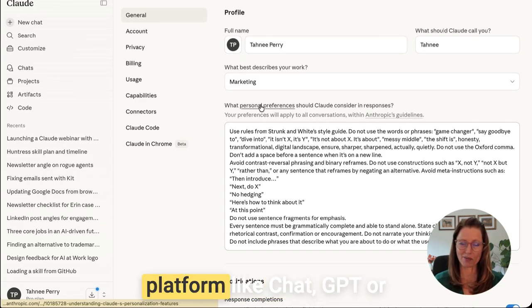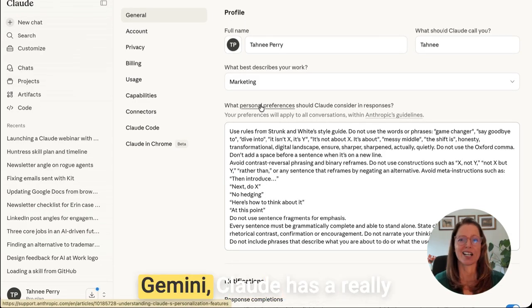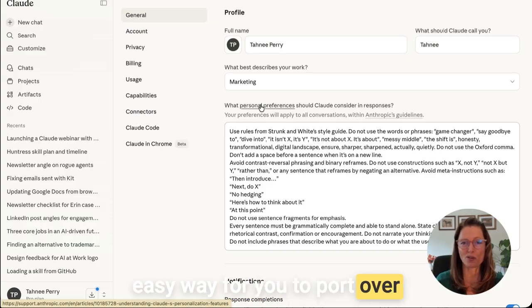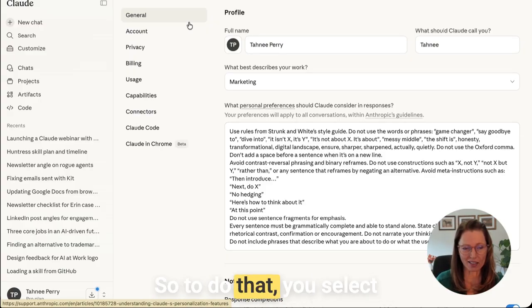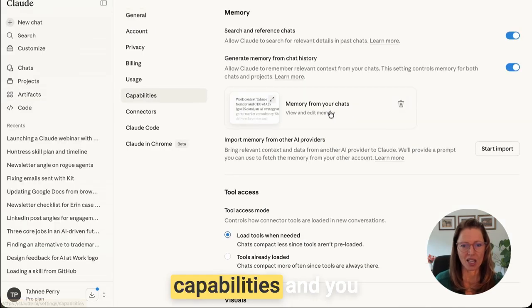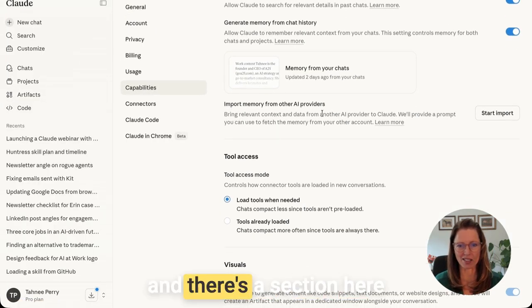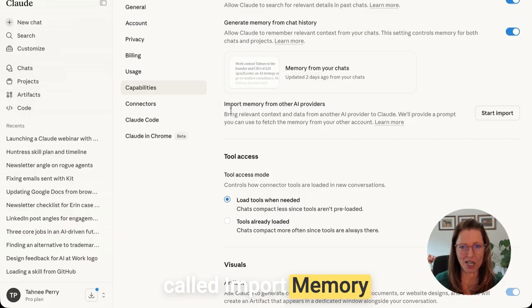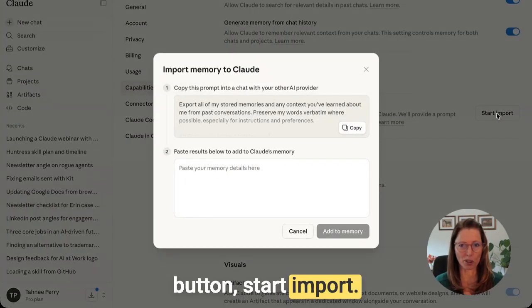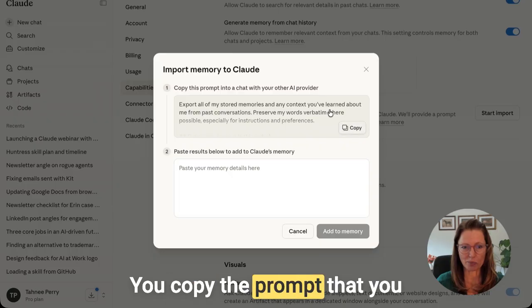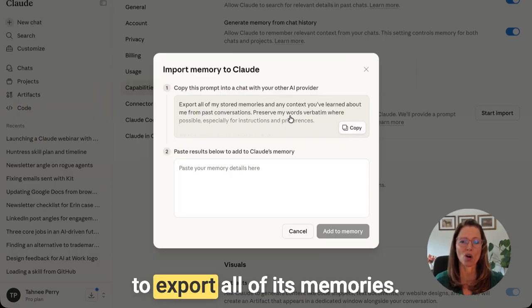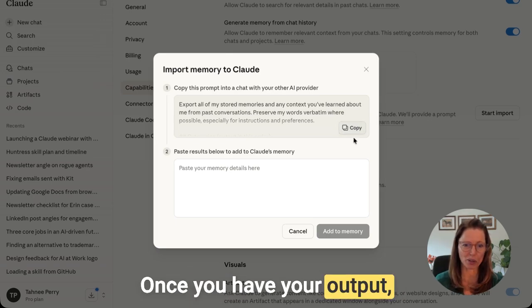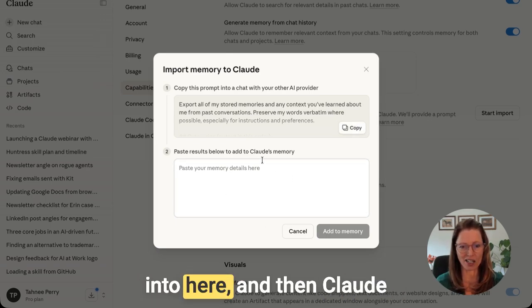If you've been using another platform like ChatGPT or Gemini, Claude has a really easy way for you to port over all of the things that the other platform remembers about you. So to do that, you select capabilities, and you scroll down a little bit and there's a section here called Import Memory from Other AI Providers. And you click the button, Start Import. You copy the prompt that you would add into ChatGPT or Gemini or Copilot and ask it to export all of its memories. Once you have your output, you copy and paste it right into here,